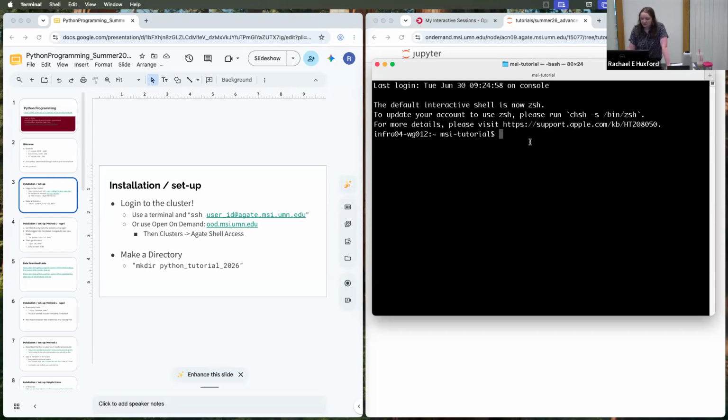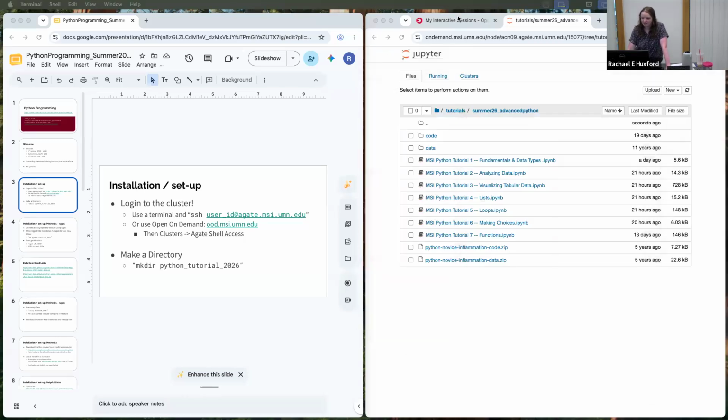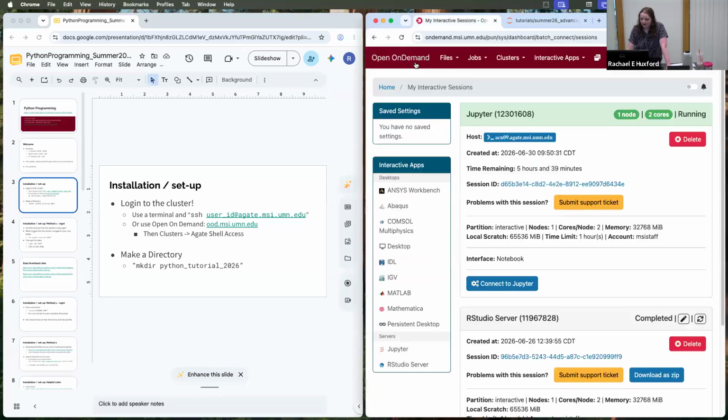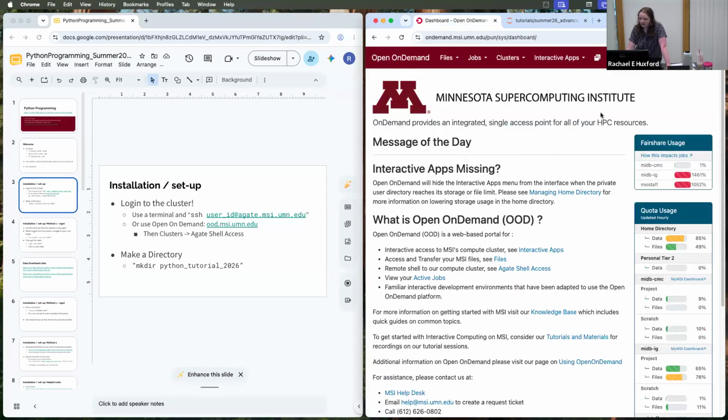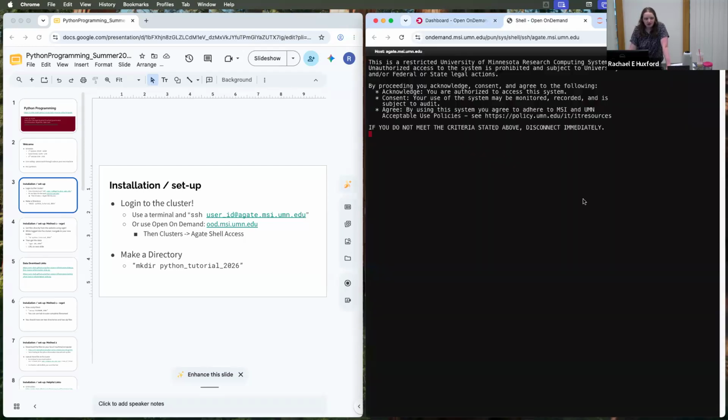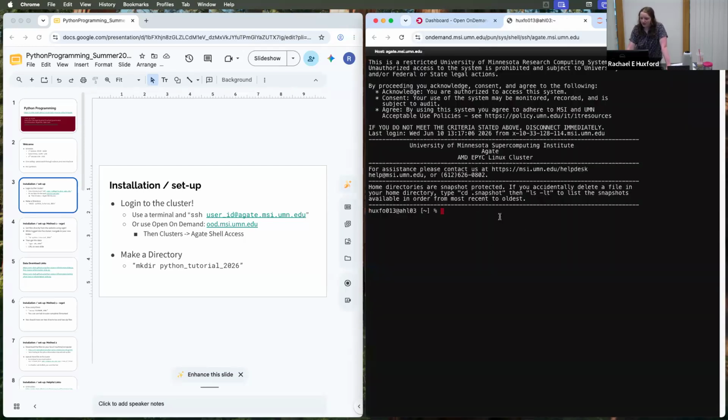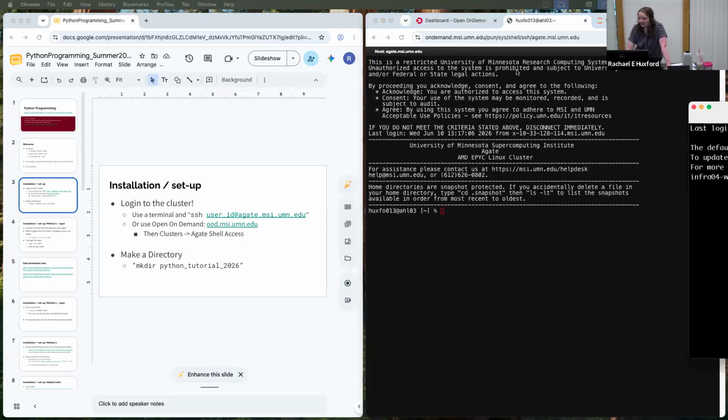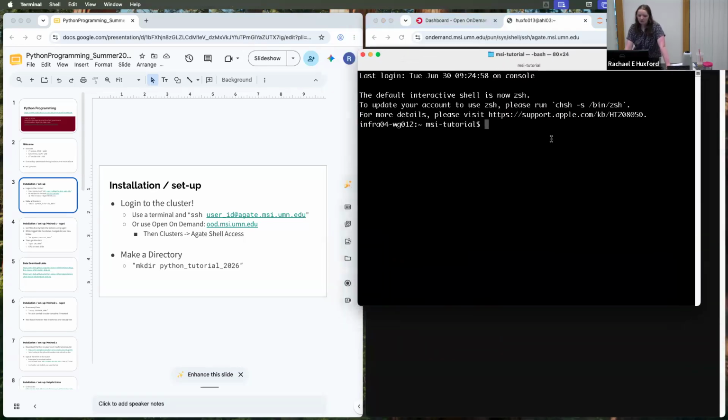If you're going to log in this way, on Open On Demand, it's a simple button. So I have Open On Demand pulled up here. What you want to do is go up to clusters and then Agate shell access. Because you've already logged in with your UMN credentials, it will go ahead and boot you right into the cluster, which is great. If you want to use a terminal, then you just have to type SSH,